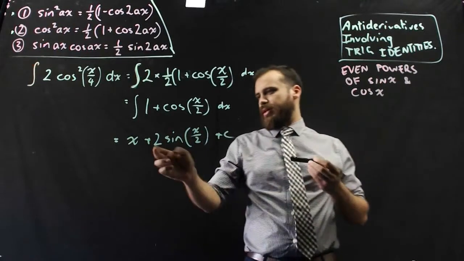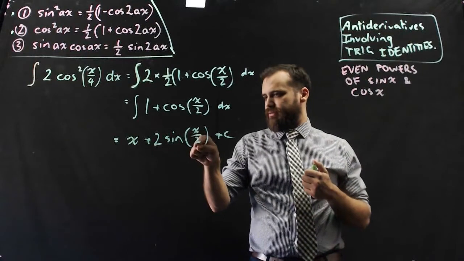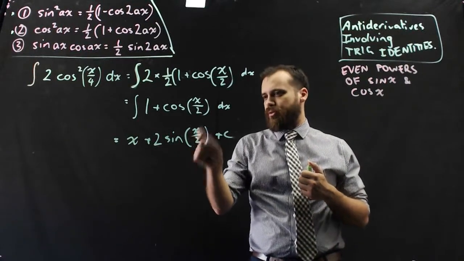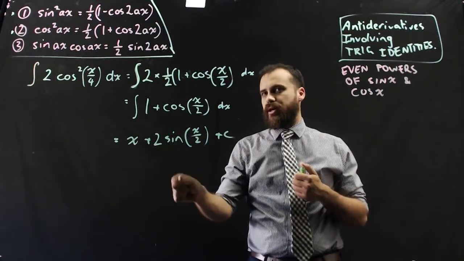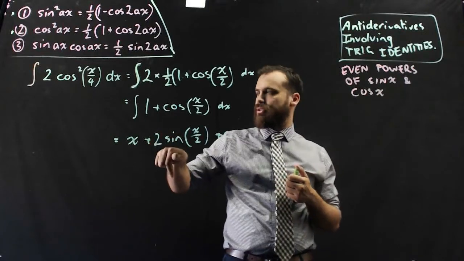Alright, just be careful here. That 2, remember you've got 1/2 there, and when you're anti-differentiating, that comes out and it's divided by 1/2, which is the same as multiplying by 2. Alright,